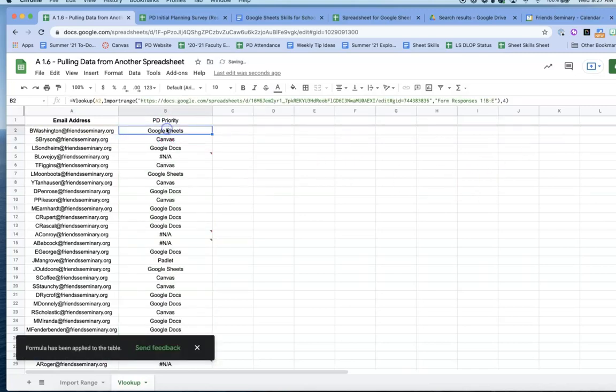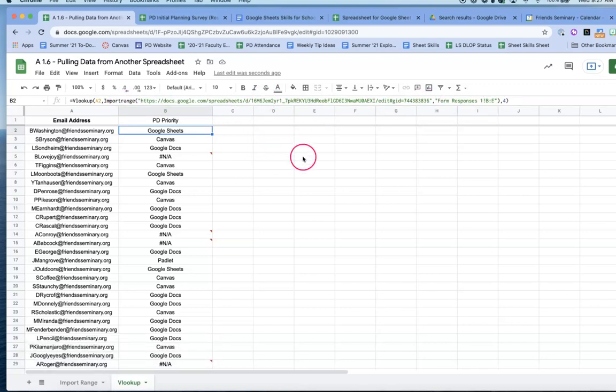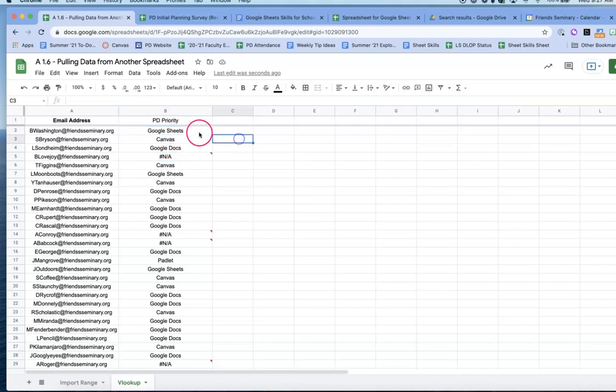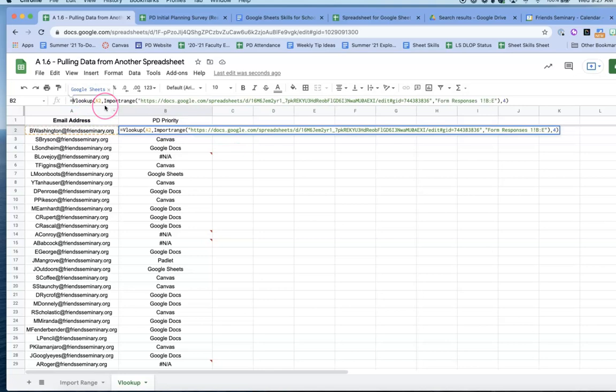So in this case, I was doing a VLOOKUP again. And where was I looking? I had to use this import range. I didn't actually import all the data into this spreadsheet, but we used that as a way to say, hey, pull this data and look through it and then spit out what I need. Again, I've got this error thing going on, so I can do a nested if error,